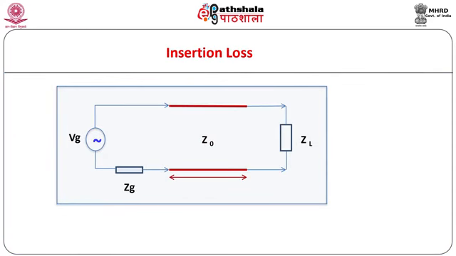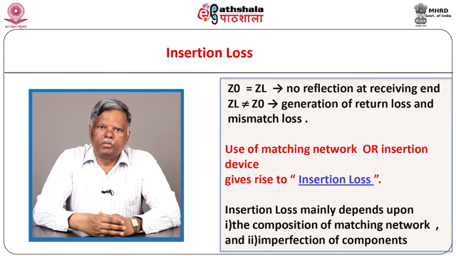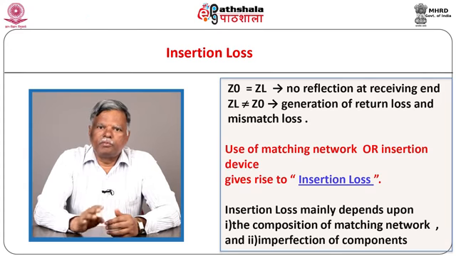Now, consider a transmission line of length L having a generator with impedance Zg at one end and the load impedance ZL at the other end as shown. Let Z0 be the characteristic impedance of the transmission line. In the case of the transmission line as shown, for no reflection and full transmission, we know that ZL must be equal to Z0. This condition must be satisfied.